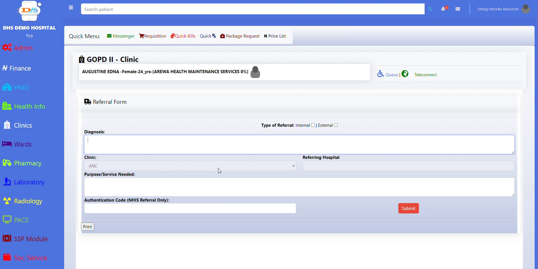After that, let me also go back to the orders and click on refer, in case there is any need of referral. In the referral, all I need to do is to click whether it is an internal referral or external referral, and I also need to specify the diagnosis. If it is an internal referral, it will allow me to select the clinic that I want to refer the patient to. But if it is an external referral, it will allow me to enter the name of the hospital I want to send the patient to, and also the purpose or the services that the patient needs and is expected to have in the